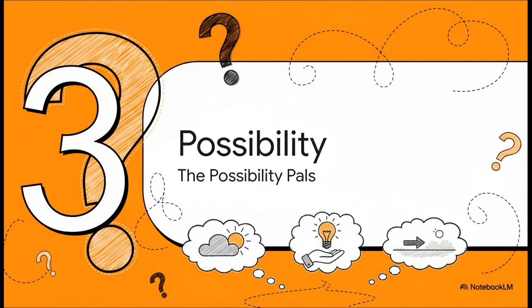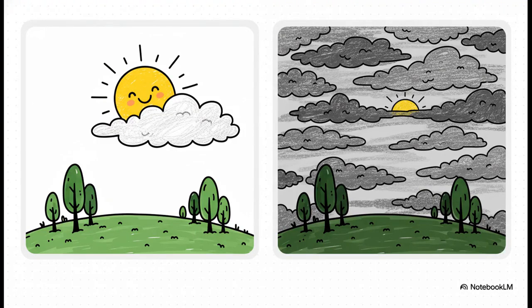And finally, let's meet our last group, the possibility pals. These are the words we reach for when things aren't so black and white. These modals help us talk about the world of maybe. Now, this is where it gets a little nuanced, but it's such a useful little trick. Both may and might talk about something being possible, but the real difference is the level of certainty. Just think of might as suggesting that the chance is just a little bit smaller, a little more doubtful.